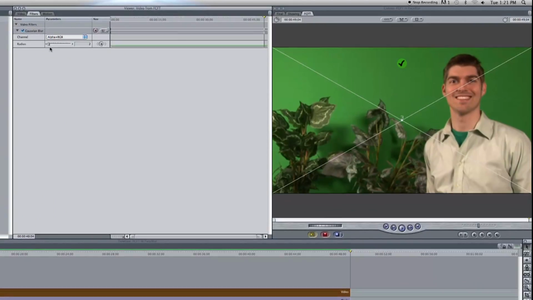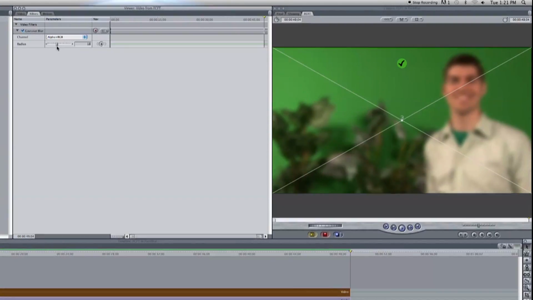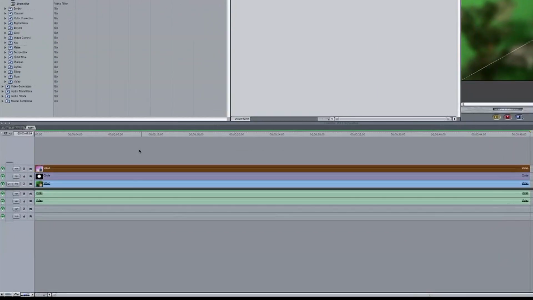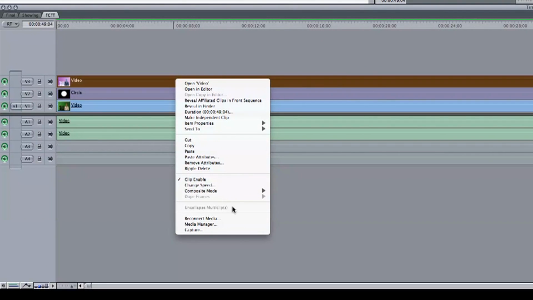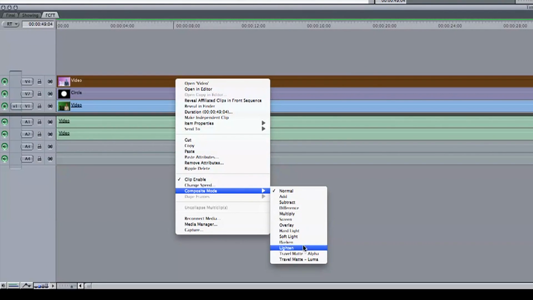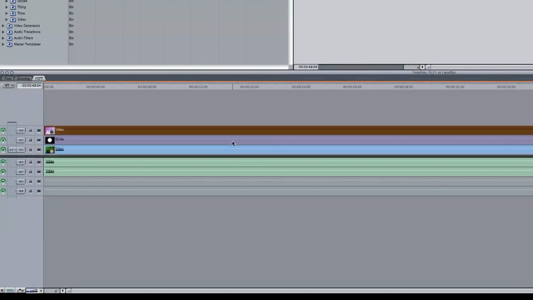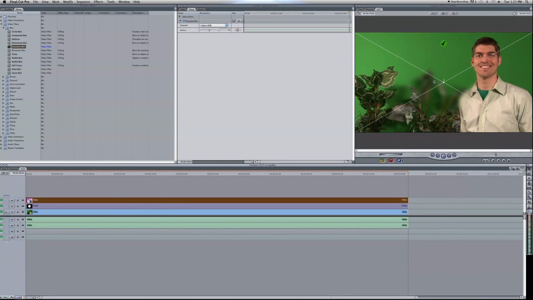bar. Now, once you have a desired blur, go back down to your timeline on track 3 and right-click the video. Choose Composite Mode and put it on Travel Matte Luma. This basically tells the track to only show itself on white from the track below it. And we can see in our canvas that this track and the blur is doing precisely that right there in